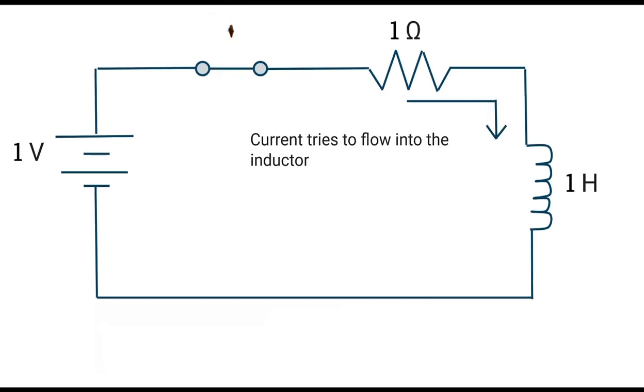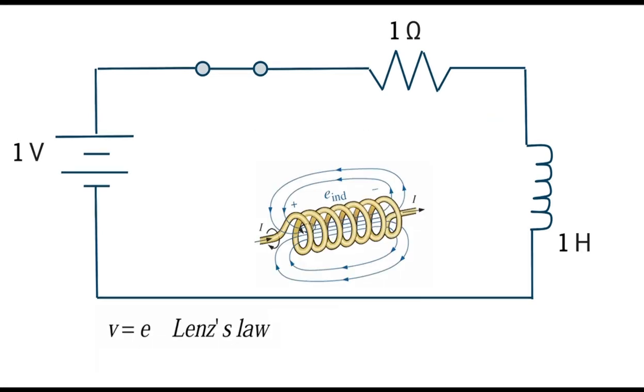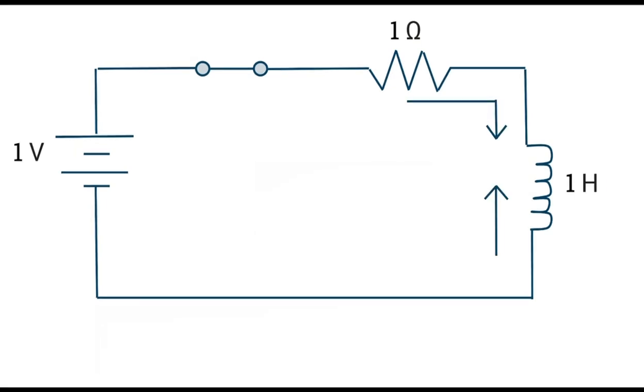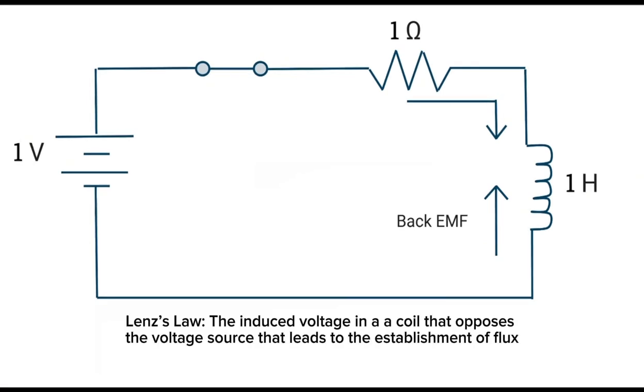Current will try to flow into the inductor. As a result of this, the magnetic flux around the inductor starts to build up, and as that magnetic field is moving and building, it induces a current inside which pushes back against the current that is being pushed in. We can call this back EMF as it opposes the applied voltage, which is Lenz's law. This can be described as the induced voltage in a coil which opposes the voltage source that led to the